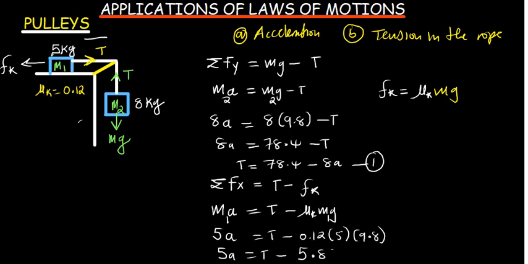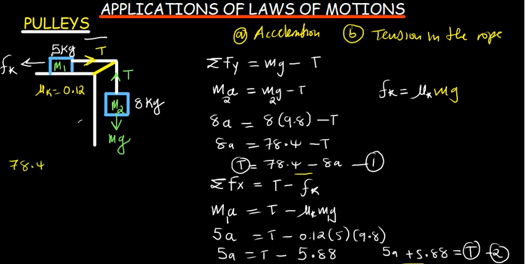5.88. So I want to remain with tension, so I'm going to take this 5a to the other side. So that will give us 5a, it becomes positive 5.88, and this is going to be equal to tension. So this will be the second equation. So you can see here we've got tension is equal to, also here we've got tension is equal to. So what we are going to do is we are just going to equate these two parts. We're going to equate this part with this part. We're going to say